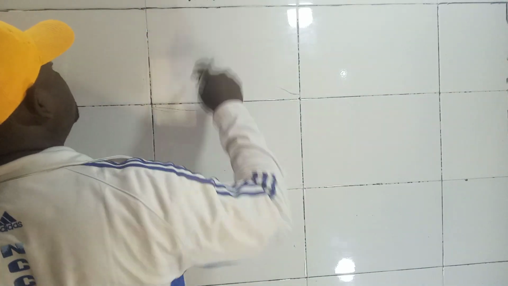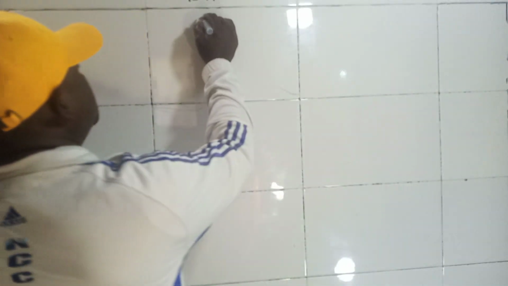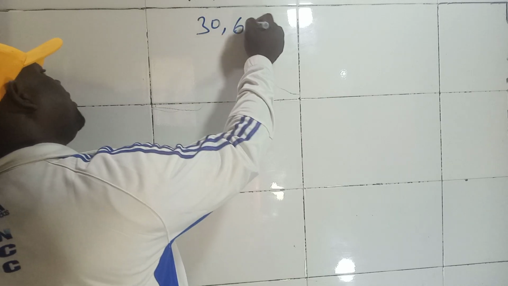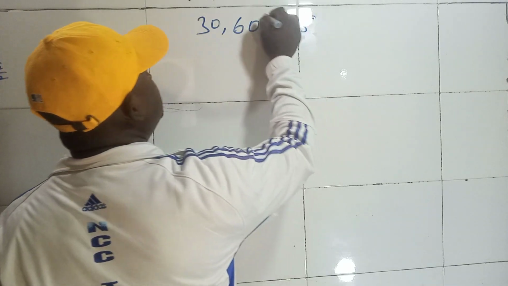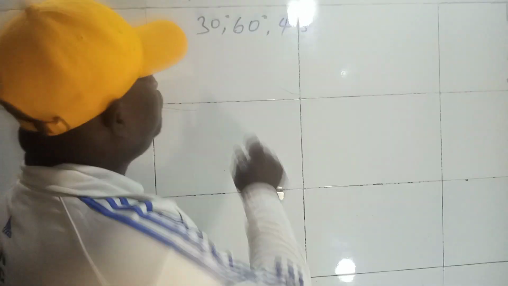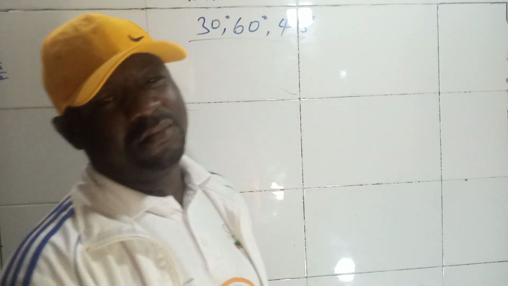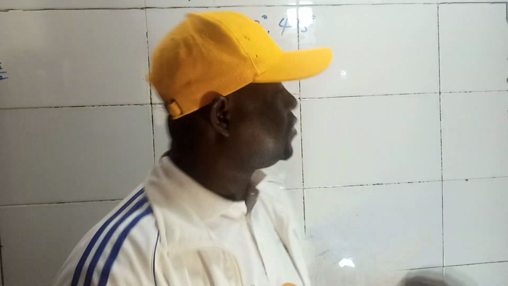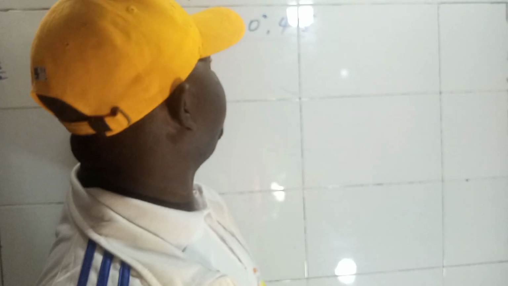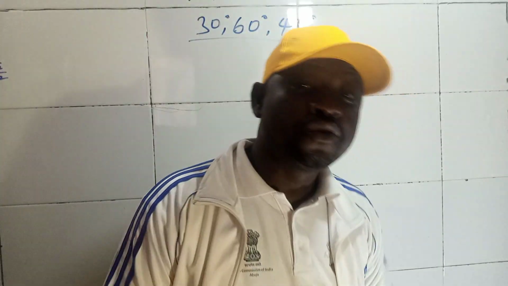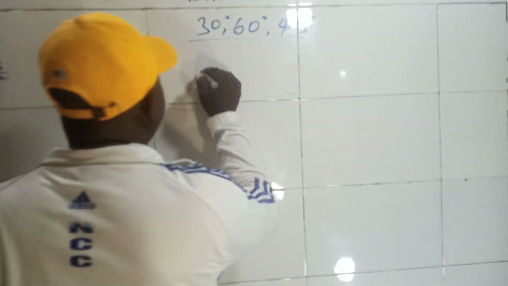Principle is universal. Today, I would like to teach us how to derive angles 30 degrees, 60 degrees, 45 degrees without using the four-figure table. You don't need the four-figure table. And let's go. To determine this, we need two triangles. Two triangles. The first triangle